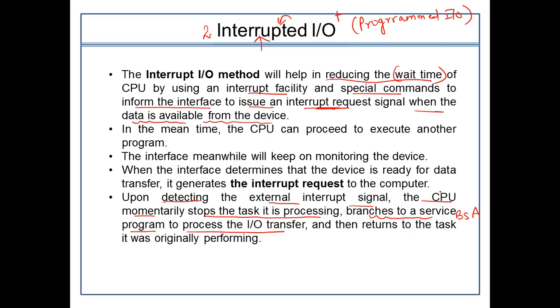Okay? What will the processor do? The processor will simply halt its operation, look at this interrupt request, and start working on it. It will generate a subroutine here, and after performing this process, it will return to the task it was originally performing. Once this subroutine is handled, this IO interrupt is handled, the CPU will resume its task from where it actually left off. So this is how interrupt initiated IO will work.